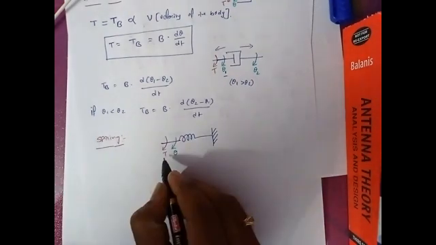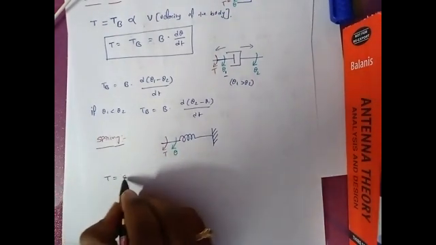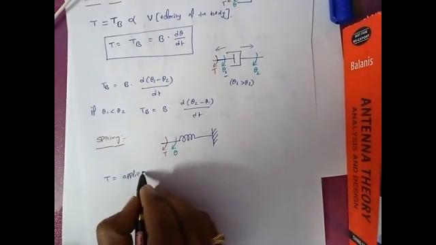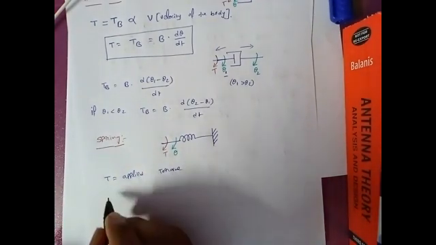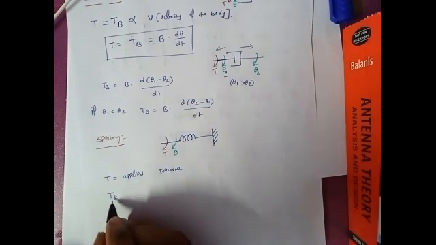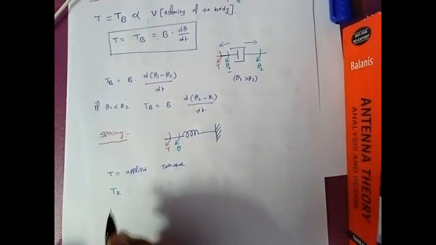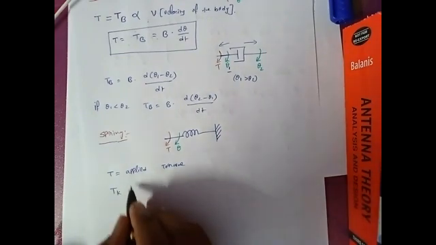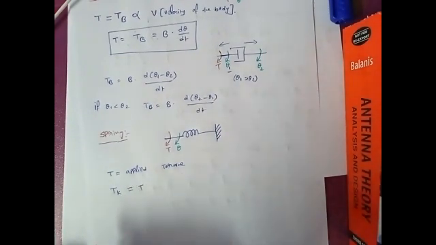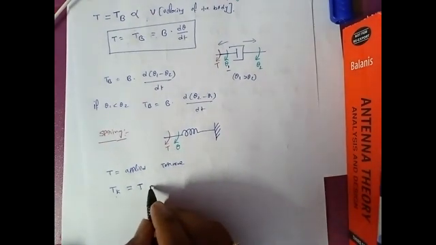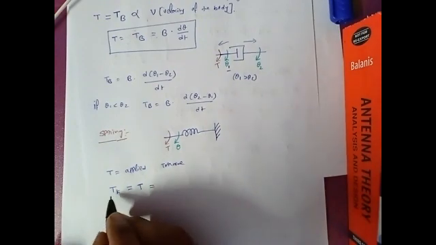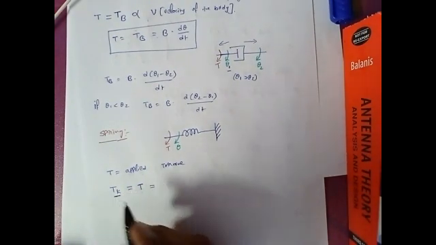So for this one, if you apply the T, that is the applied torque, when you apply the torque on the system, that is T, this spring will oppose the torque, which will be denoted with Tk. As per Newton's second law of motion, the applied torque is always equal to the opposition torque, that is Tk. T equals Tk. Then what is the mathematical equation of the opposition torque due to a spring?